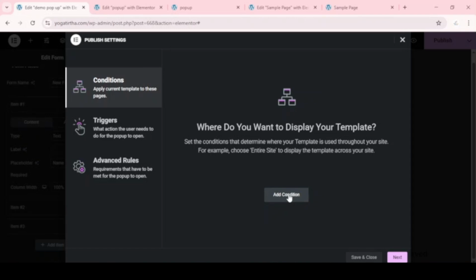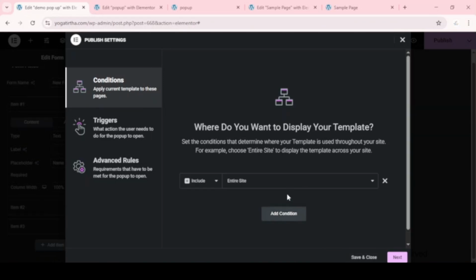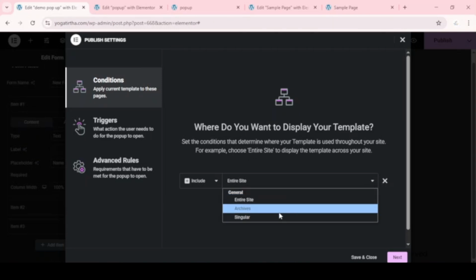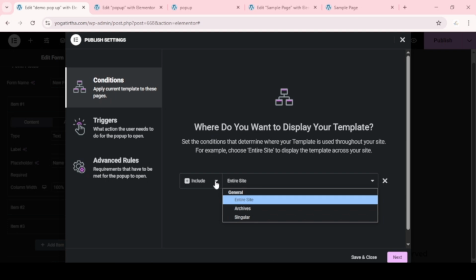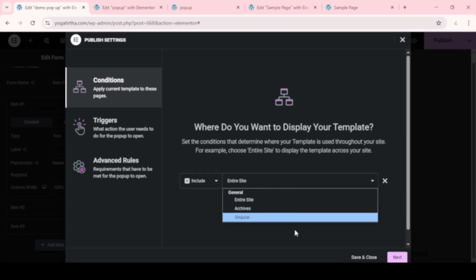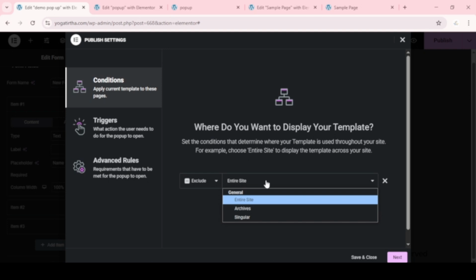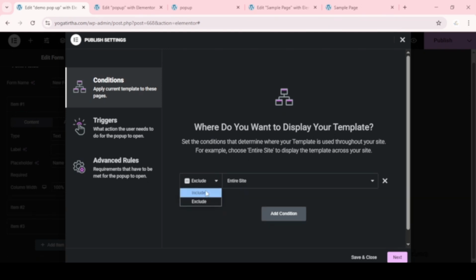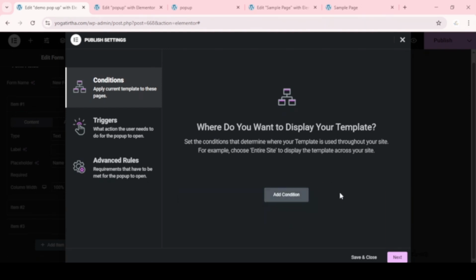set the display condition. So enter site, okay, and then you click. If you want enter site, then you click here. Either if you want is archives or singular or another page, you can select from here also. If you exclude those pages, I do not want this pop-up, so you can select also here. So I will next